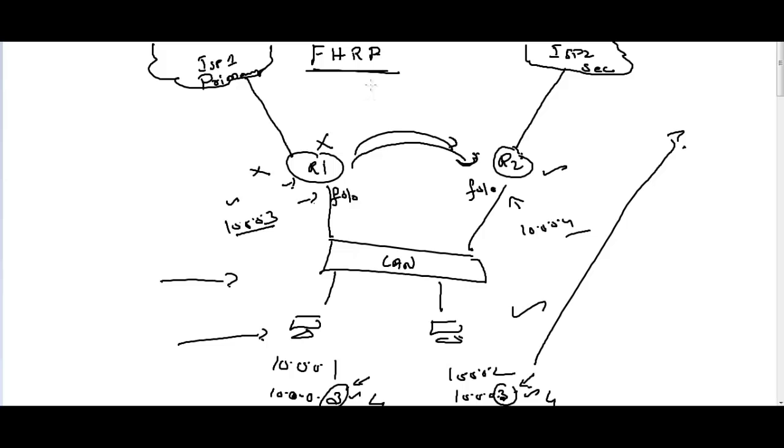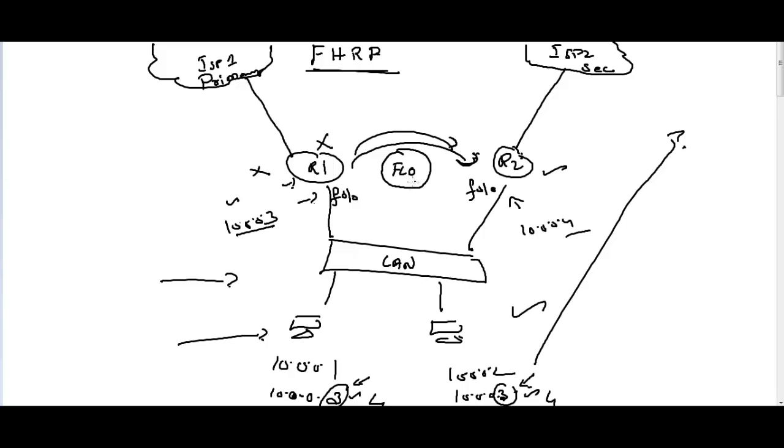So first hop redundancy protocol takes care of it. FHRP takes care of it. How does it take care of it? By creating a floating router. It helps to create a floating routing device. Let's say floating router. So what is that floating router? It's a virtual router. It's not a physical one. It's a virtual router